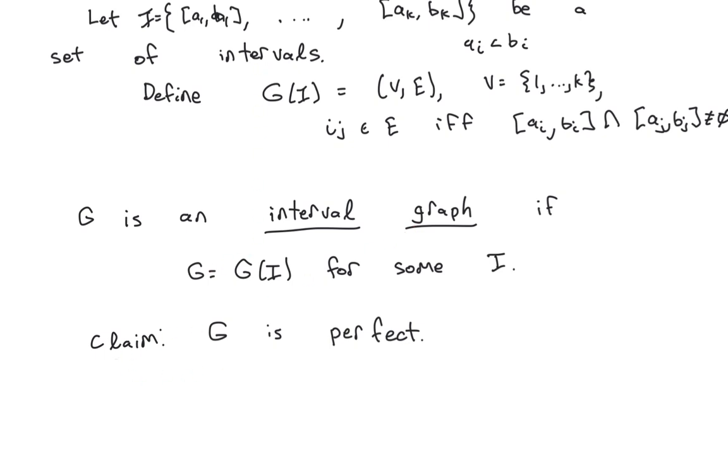We're going to eventually show that G is perfect. So let's look at what this means. Suppose these are my 4 intervals. I'm going to call these intervals A, B, C, and D. Then we see that A overlaps with B. B overlaps with C and D, and C and D overlap with each other. The point is, if we find a proper coloring of this interval graph, say color this 1, then we color this next one 2, then we color the next one down 1, and we see we have to color the last one 3,